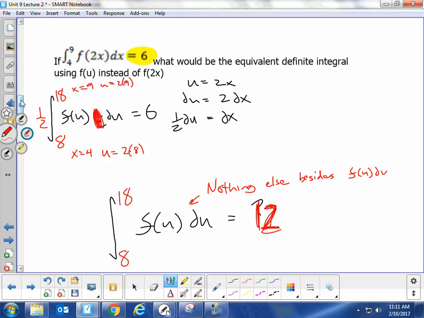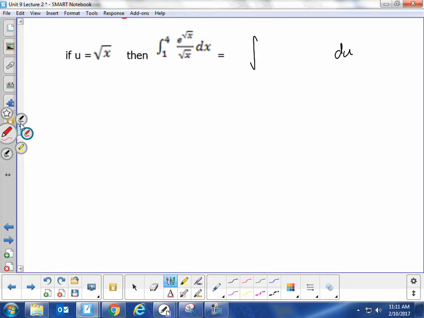Let's do another question similar to this question. I'm giving you what u is equal to. I'm giving you an integral from 1 to 4 of e to the root x over root x, and I want you to rewrite that integral using just u's. No x's. Okay, I'm going to work with you, and then we'll get to a spot and see if you can figure it out. We're told what u is equal to,